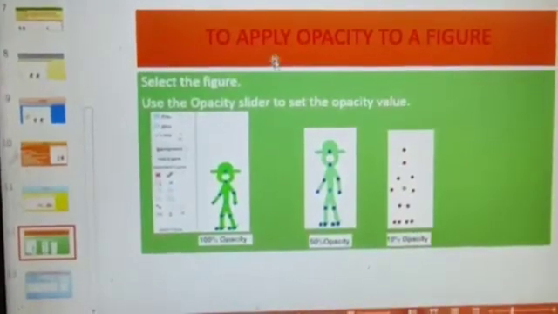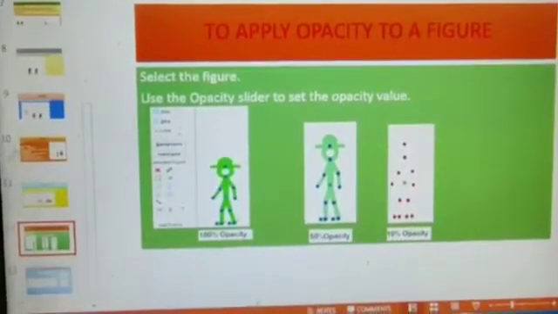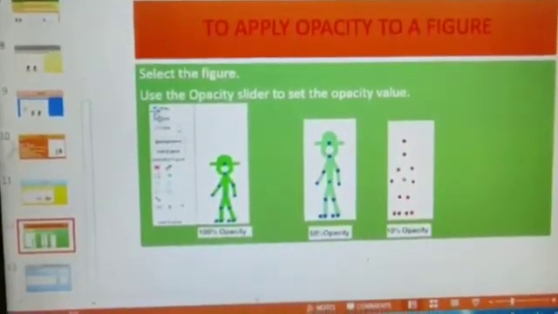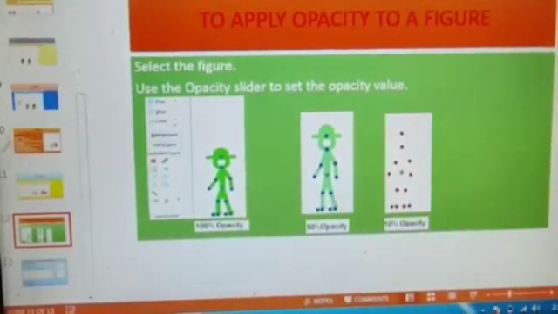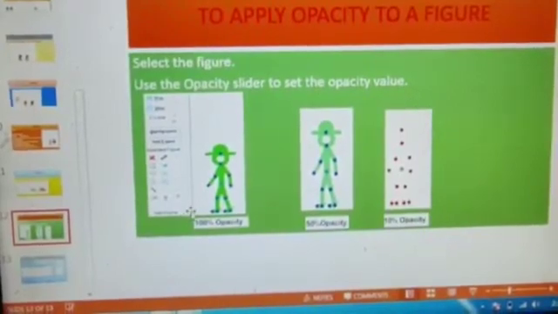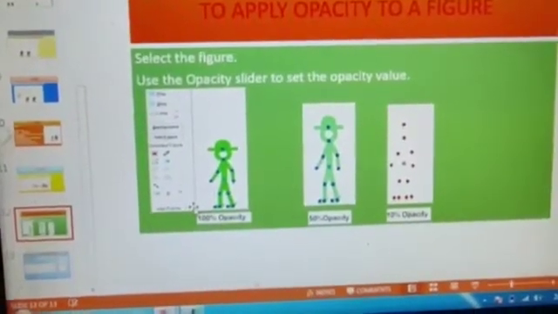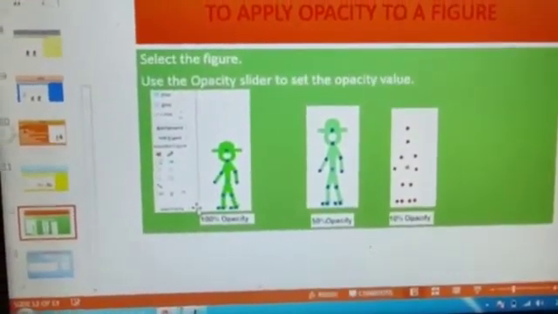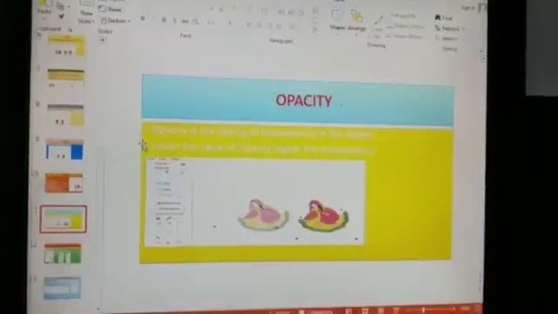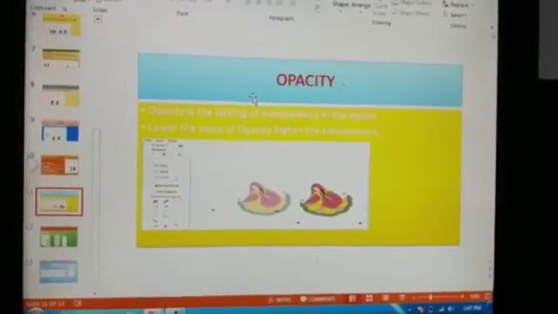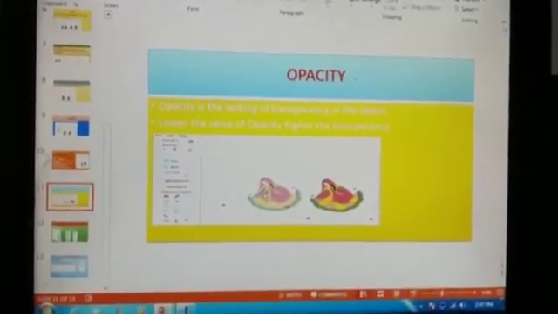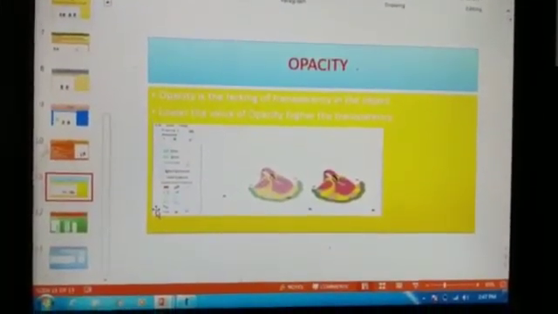Now we will learn to apply opacity to a figure. Select the figure. Use the opacity slider to set the opacity value. Meaning of opacity: opacity means you cannot see the things behind it. Now what do you mean by transparency?